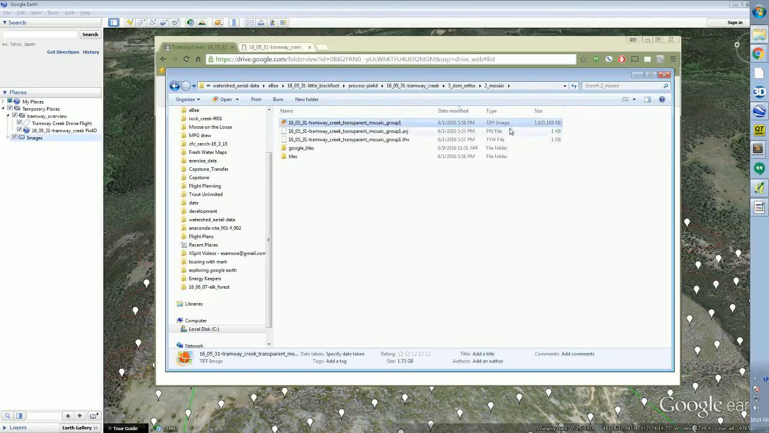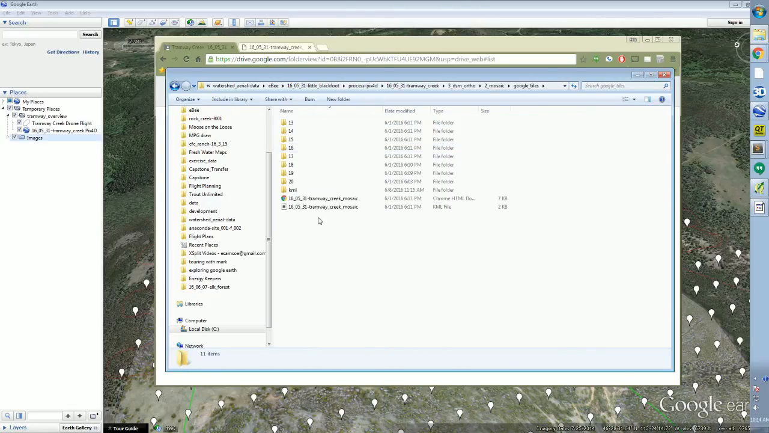This is the TIFF image. It's 1.8 gigabytes. So again, this can be used in ArcGIS or QGIS. There are the Google tiles here, and there's a KML file here which you will load into Google Earth, and that accesses an array of different images and image zooms based on how close or how far away you are from the terrain. Also, there is this HTML